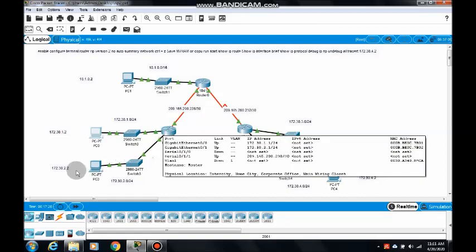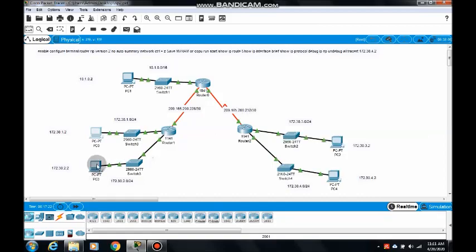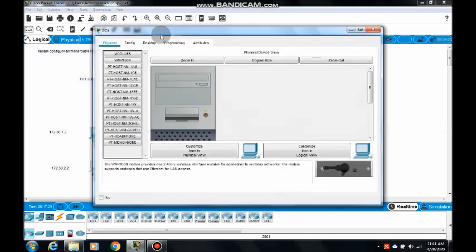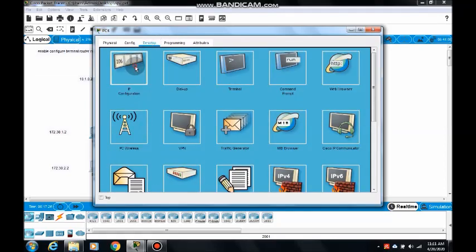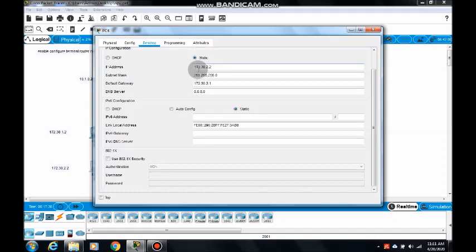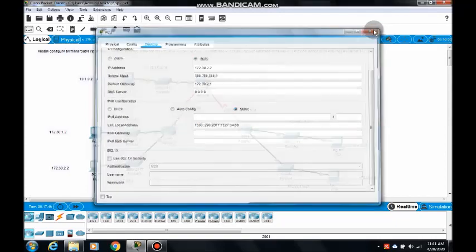Similarly, you can see the configuration of the second network. 172.30.2.2 is one more PC connected to the 172.30.2.0 network, and the gateway is 172.30.2.1.